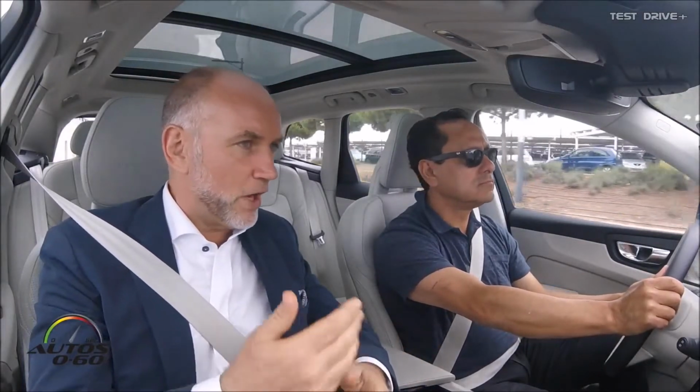The project is for driving cars, 100 families that will be driving our Drive Me vehicles in Gothenburg. It's a joint venture together with the local authorities as well, so that they are on board, together with some other partners. This is a research project which will help us to understand driver interaction with the vehicle, and will give us very, very important data to help us to develop these systems on our journey